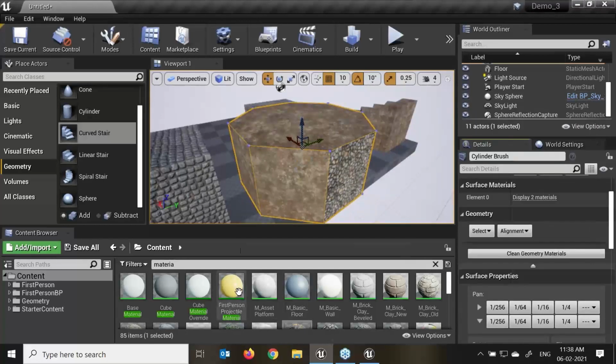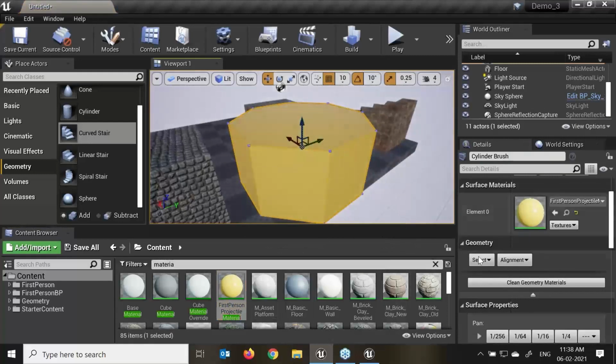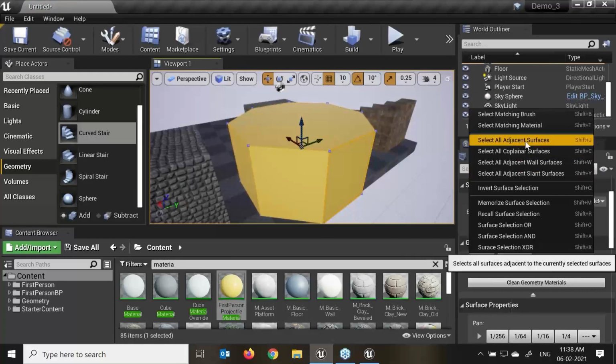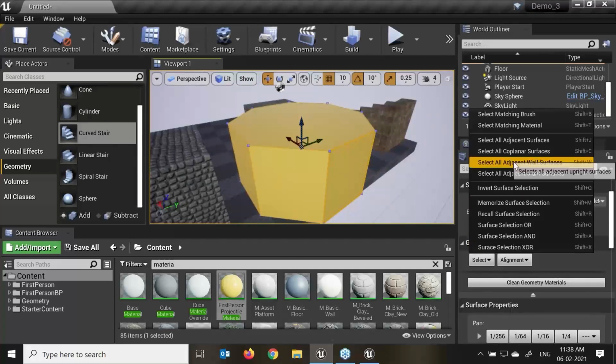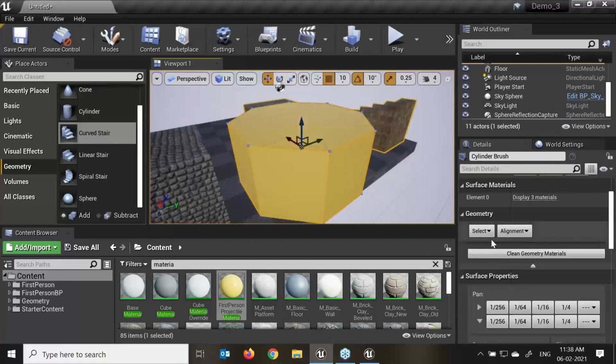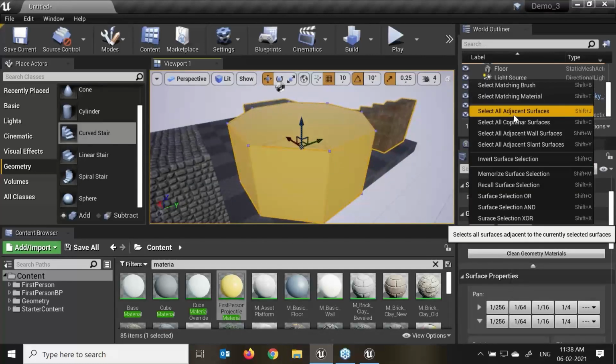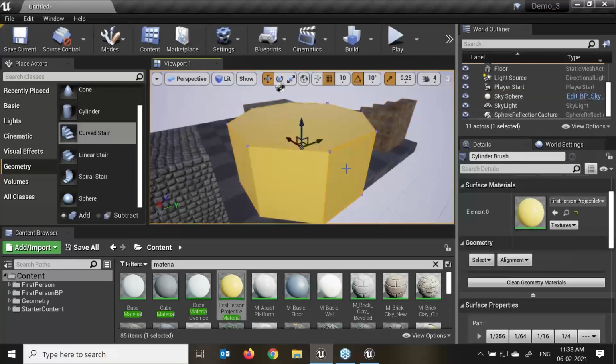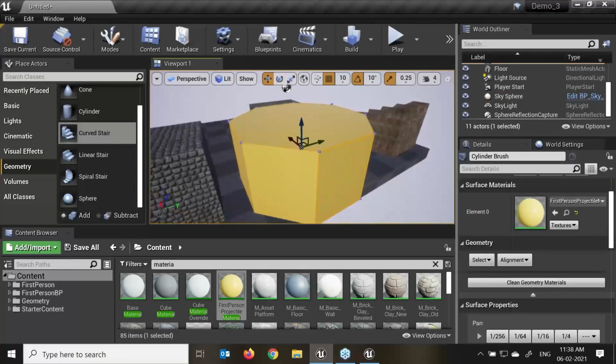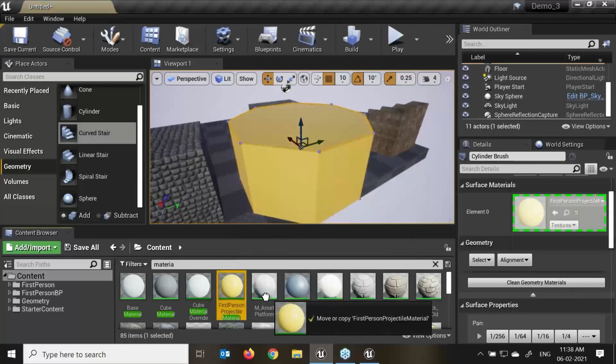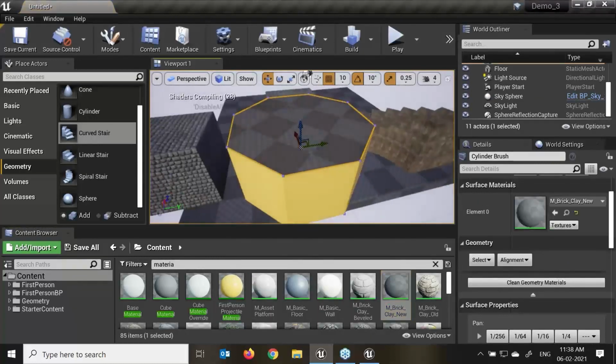Now here we can say every object has the same material applied. If I select geometry, there is select all adjacent surfaces, select all coplanar surfaces, select all adjacent wall surfaces. If I click in my viewport as per my requirement, that particular face is selected, just drag and drop that material.